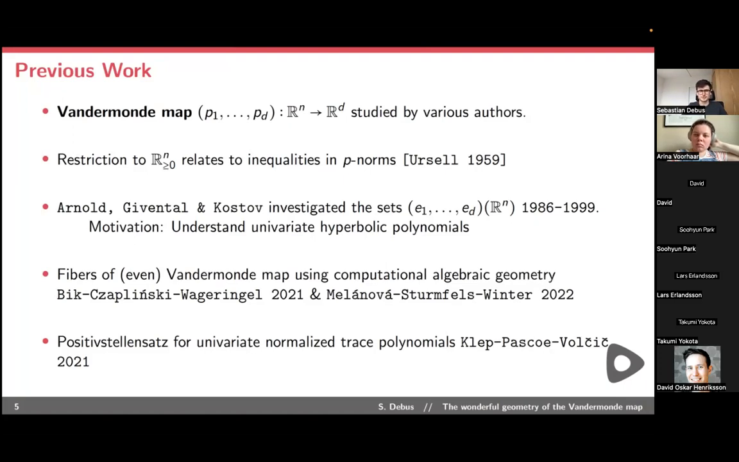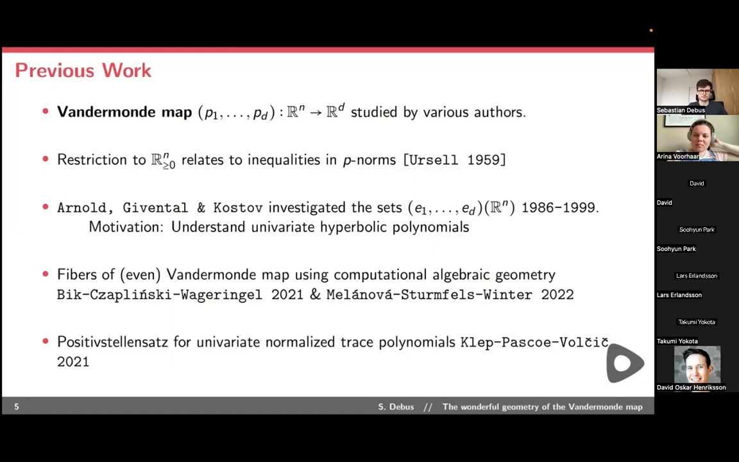And it's not that often cited. And it's also very long, and all of the proofs are in text form. Not all of the proofs, but there's a lot of text. And it's very hard to read this paper. It's of course also in some sense rigorous, but it's not like a today's math paper. And Ursell's motivation of studying this Vandermonde map and the image restricted to the non-negative orthant stems from understanding inequalities